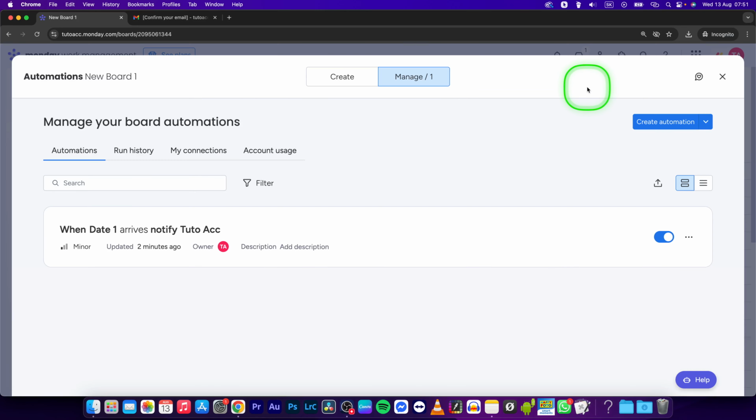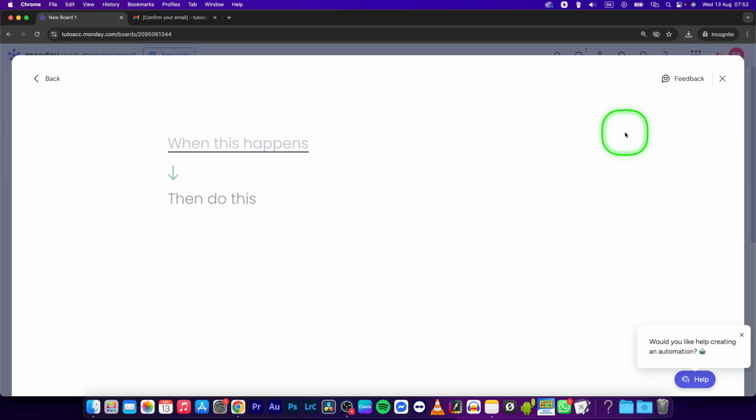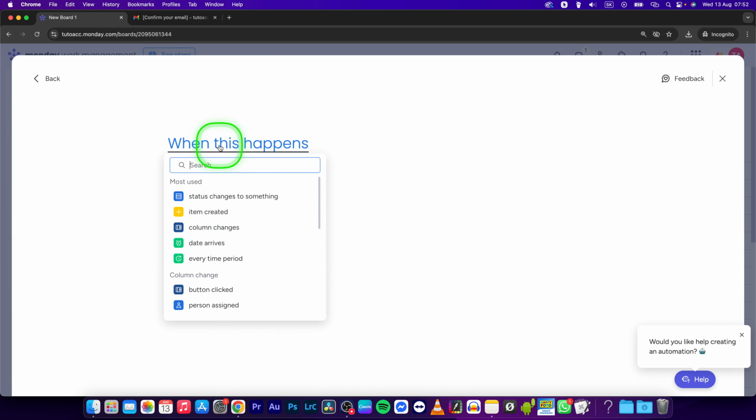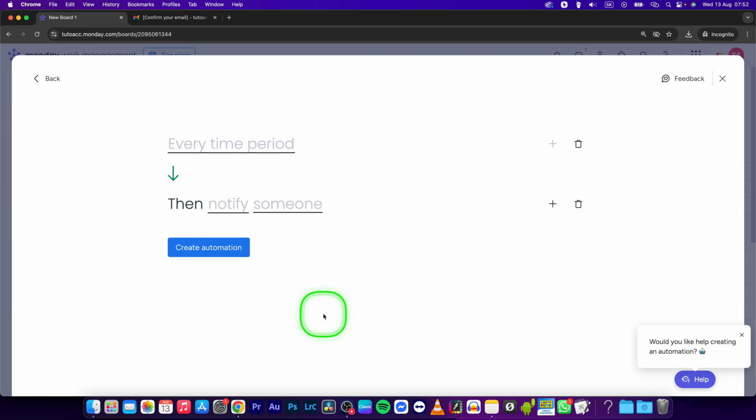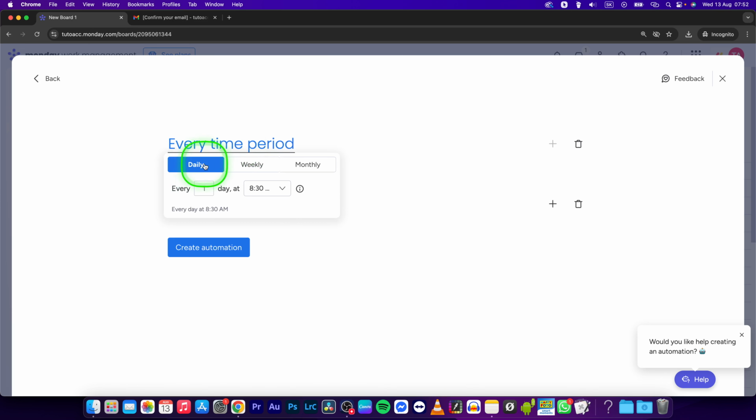Click on Automate and then simply click on Create Automation. Here, select in the first every time period gets notified. So every time, daily, weekly, monthly, just choose which you like. So let's say every one day at 8:30,